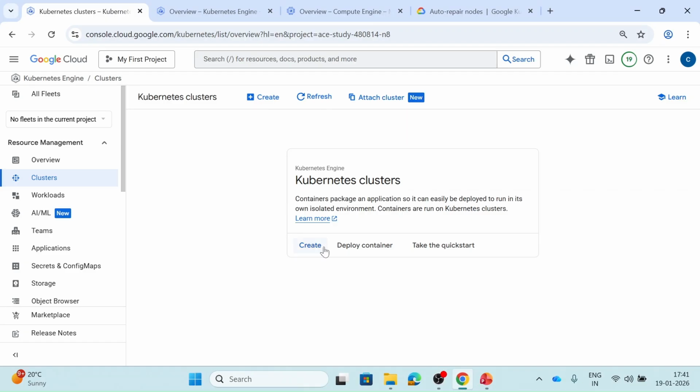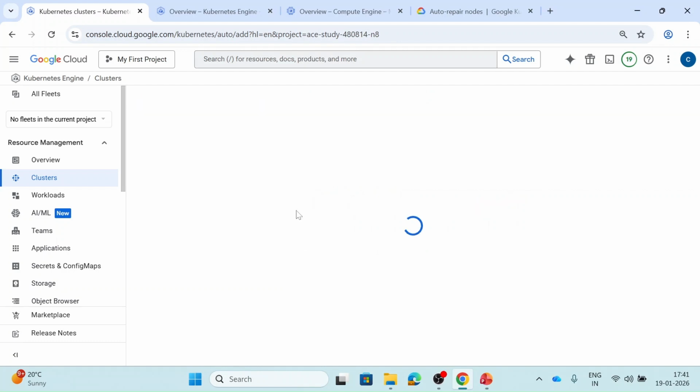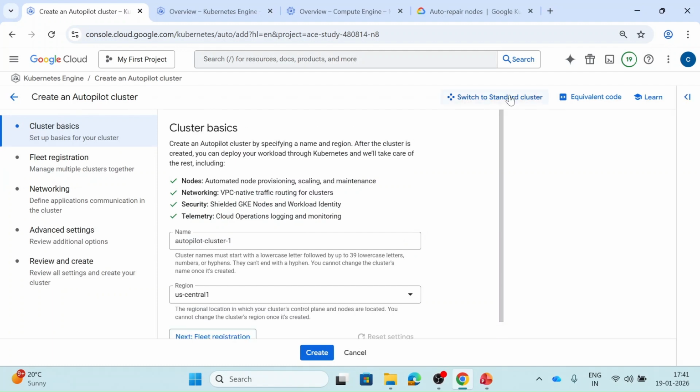So I'm in my console. Let's go to create a cluster first, and then we will see some options. As I've told you, in Autopilot we don't have this option, so we will create a standard cluster. I will switch to standard cluster. And after that,